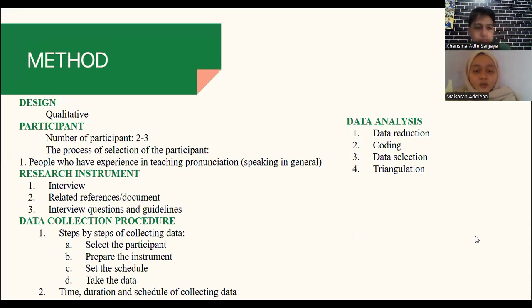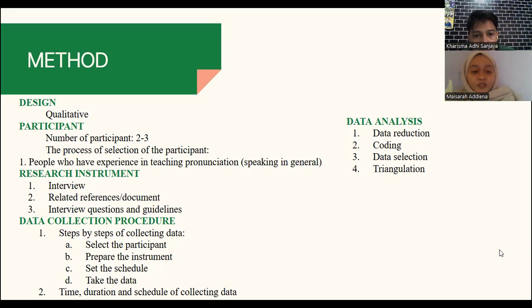Next is the methodology. We use the qualitative approach, meaning it's focused on understanding experience and perspective rather than numerical data or statistic. And the participant is two or three participants who have experience in teaching pronunciations, which mean the participant must have a background in teaching English pronunciations or general speaking.